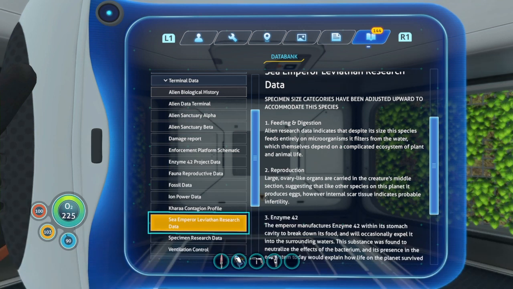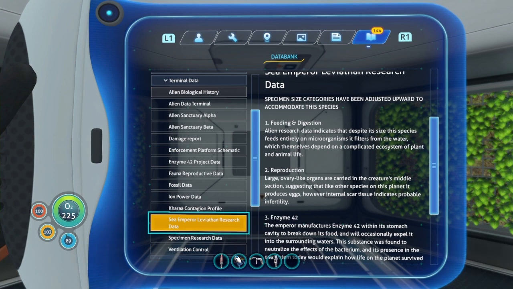Anywho, reproduction. Large ovary-like organs are carried in the creature's middle section, suggesting that, like other species on this planet, it produces eggs. However, internal scan tissue indicates probable